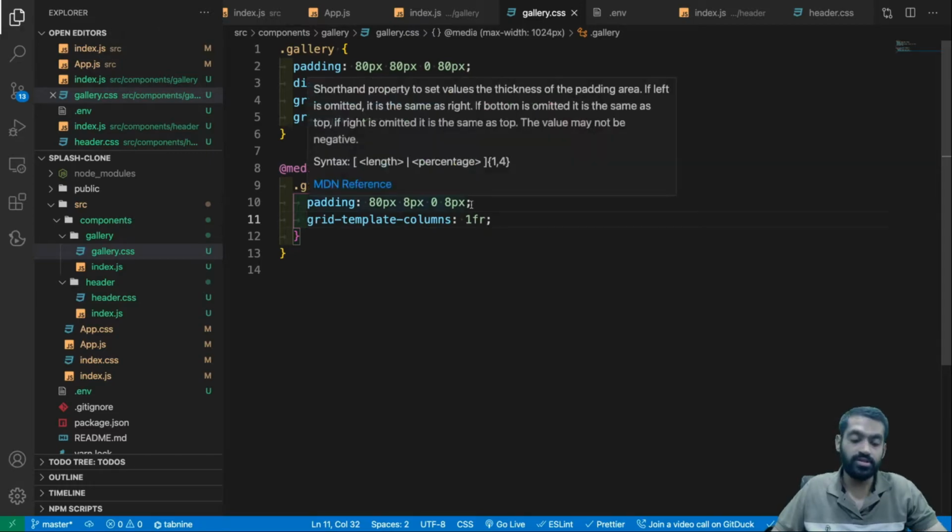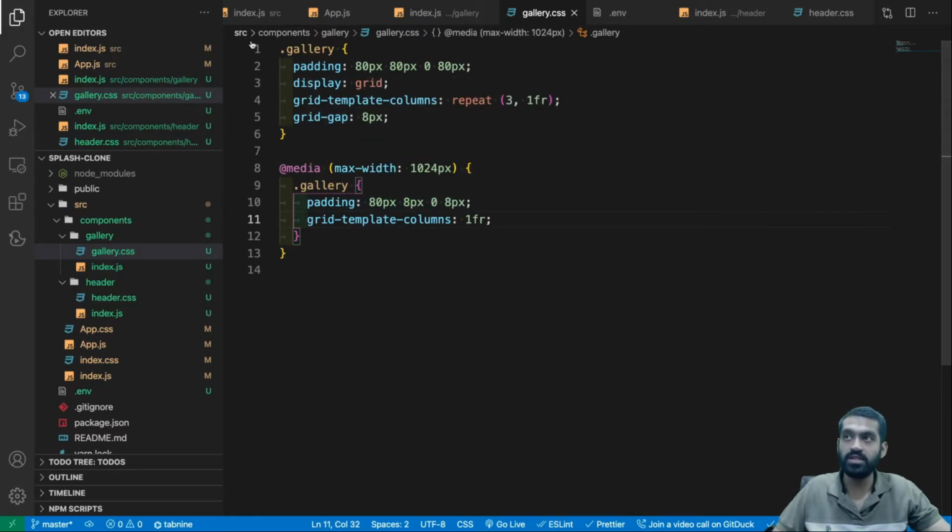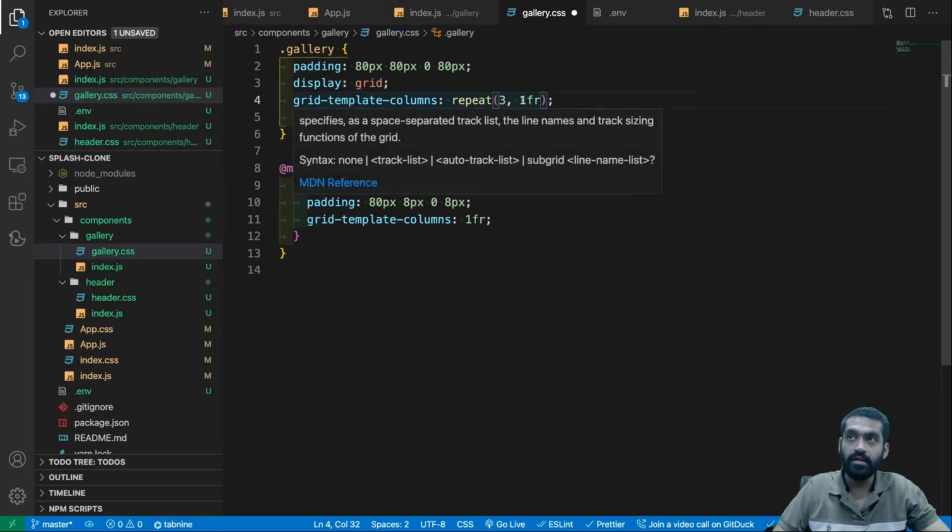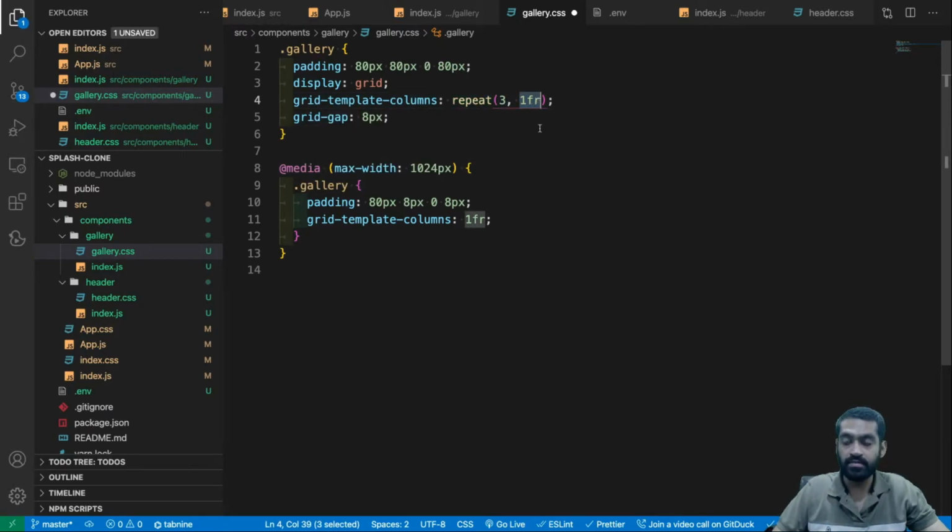So what is essentially happening here, when I do display grid, it gives me grid lines, right? Grid template columns is basically what I'm doing is I'm repeating something 3 times, right? What is that? I'm repeating 1fr 3 times. 1fr is basically what happens is in a grid, it takes up equivalent spaces of how many repetitions you want.